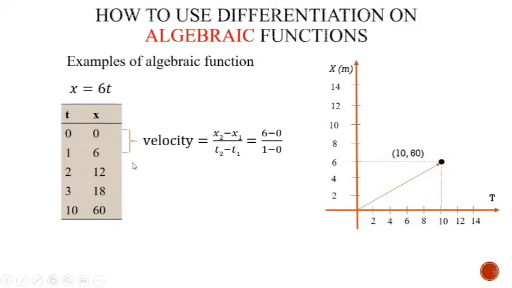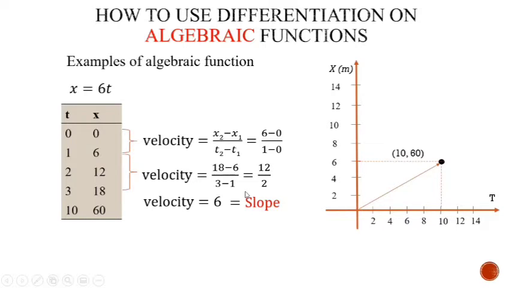To find out velocity again for the second case, we will take these two input points. Here the final position is 18 and the initial position is 6. This way you will get again the velocity equal to 6. So you can observe that the equation of the straight line is x equal to 6t. This is in the form of y equal to mx plus c, where m is the slope. That means here the slope of the line is 6 and the velocity is equal to 6, that is equal to the slope of the line. This is a clear case of uniform motion and it is quite simple to find out velocity. Let us try the same thing for a complicated equation.